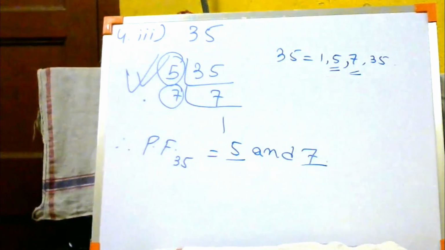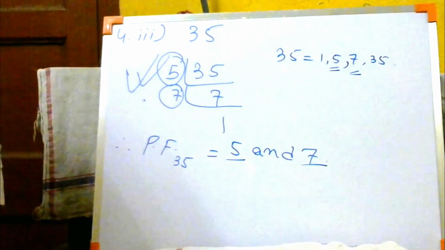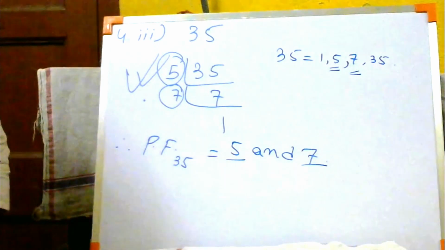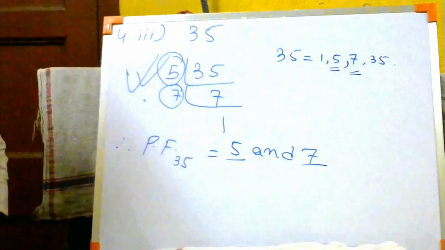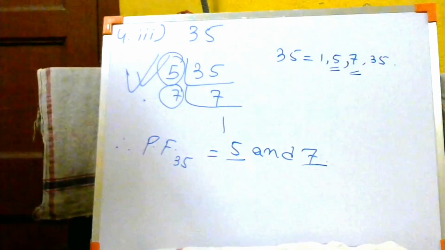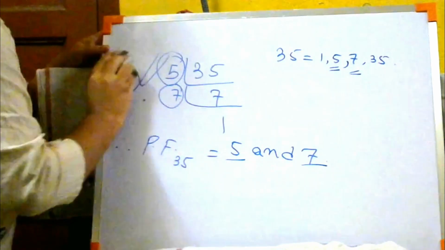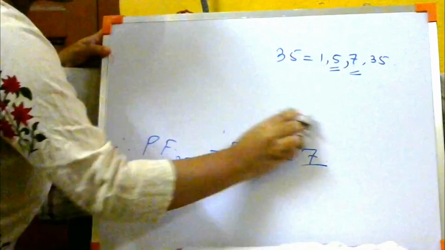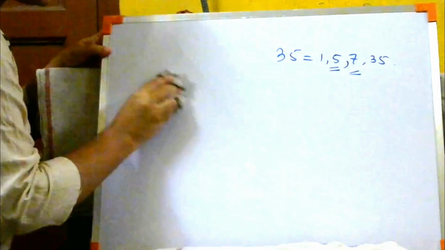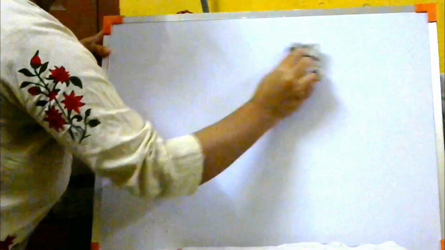Okay. Now let us move to the next part of the sum, that is the HCF. Now you know what is HCF, right? Isn't it? You people know what is HCF. It's the highest common factor. What is the full form of HCF? It is highest common factor, isn't it? So you have to find the highest factor which is common in all the numbers. Now over there also you are going to find some different kinds of methods. You are going to find the prime factorization method also.